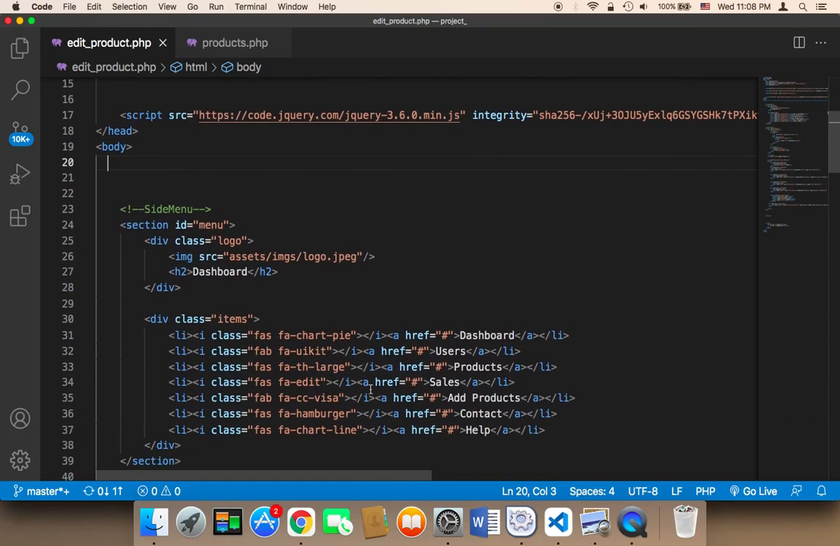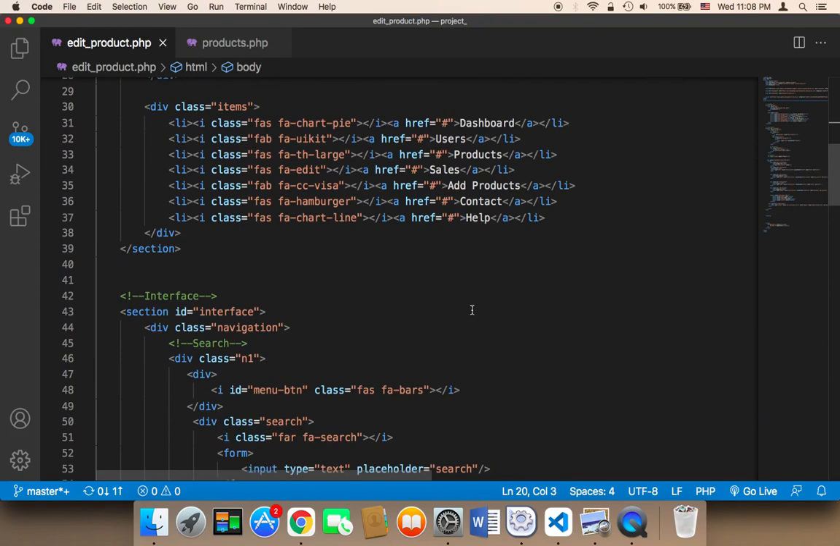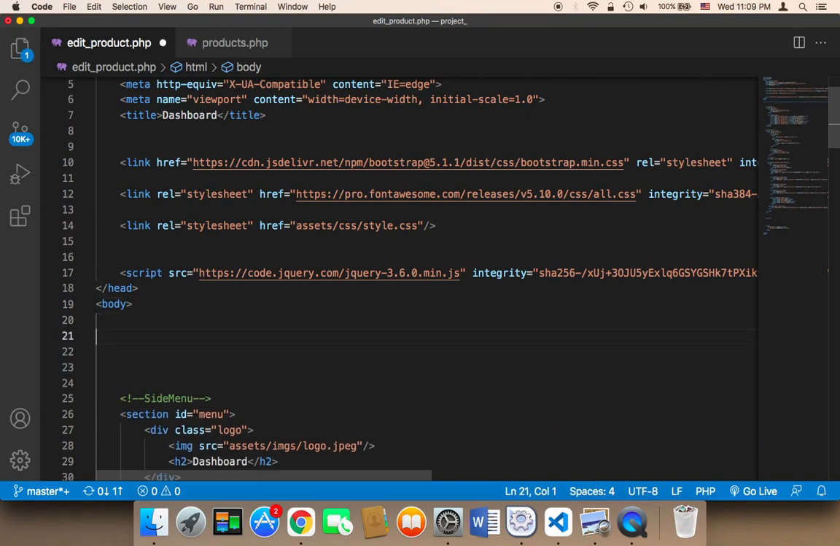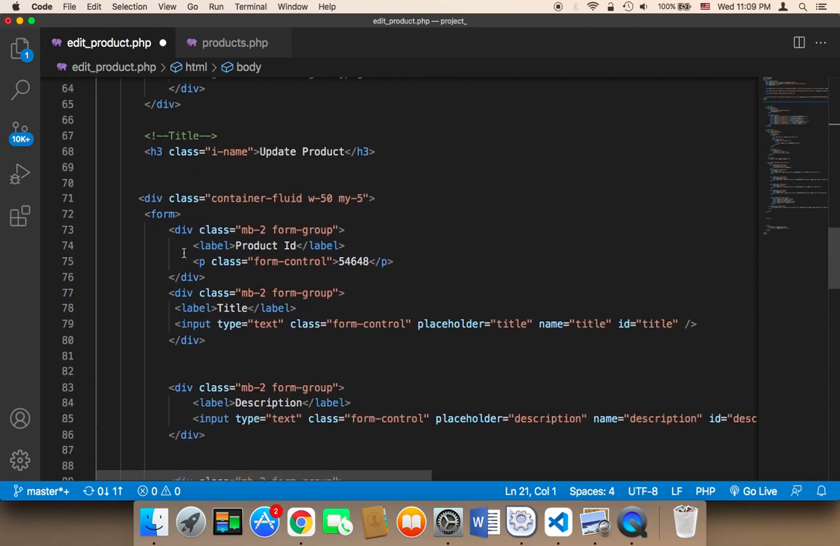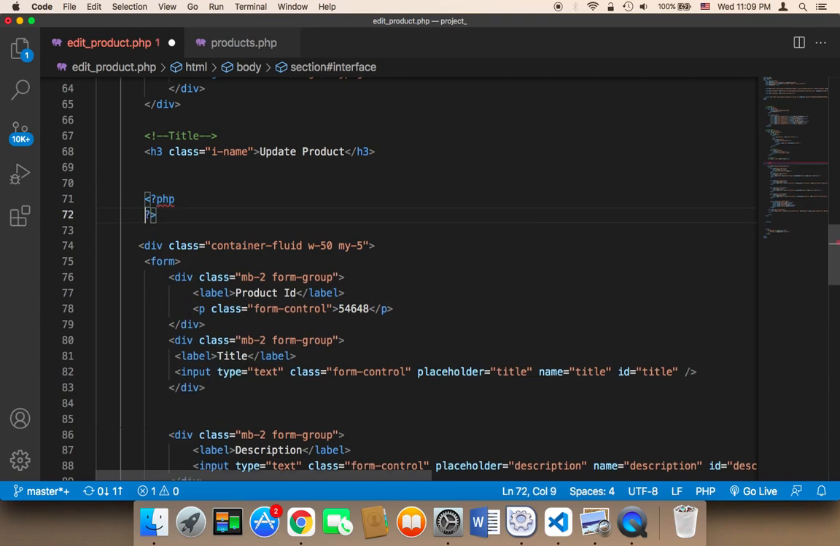So now in the edit product, before doing anything, we need to check whether we have the product ID or not. And that can be done here before the form. Here we can add a code. We can say PHP, and then